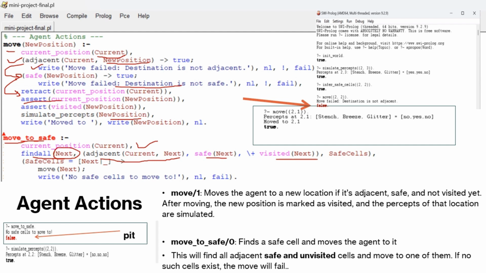So all this information is stored in the safe cells, which is a list. We are taking this as a list, and then we will check through the condition if this list has